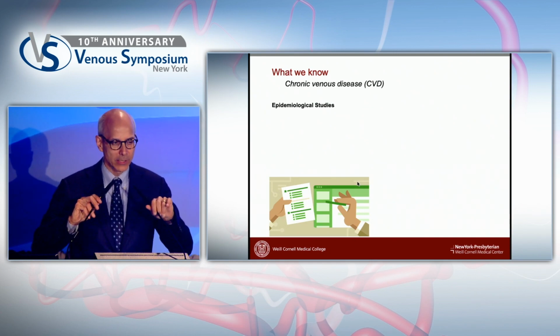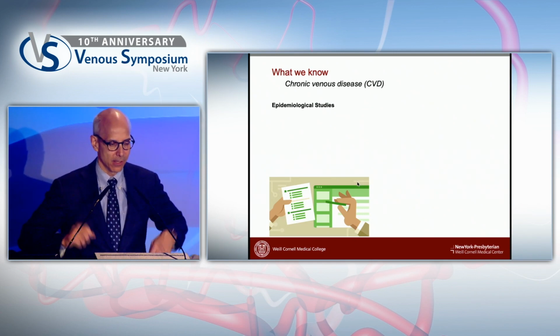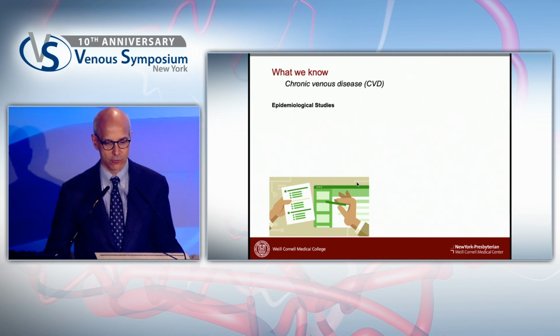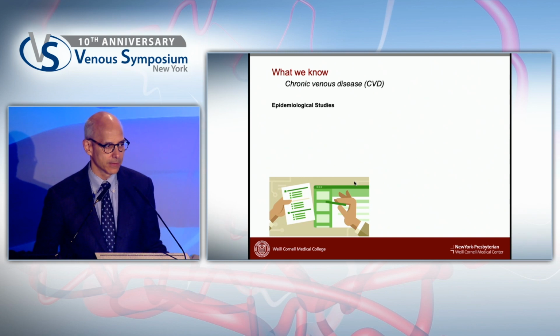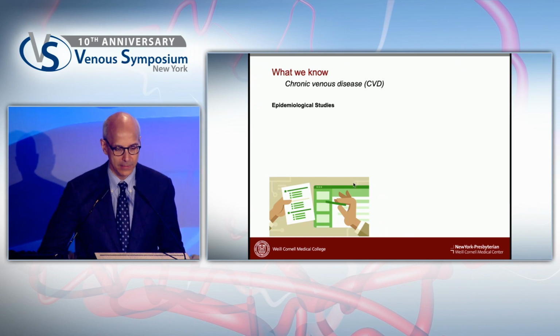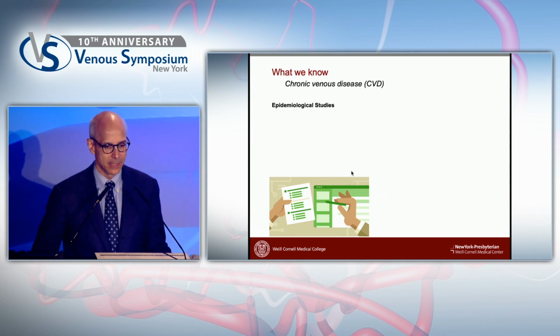What we know is based on data from epidemiologic studies, essentially cohort studies as well as some case control studies. Again, these are all associations. The cause and effect questions that Paul just raised are not answered by these types of data, but they give us some insight into what we're looking at.